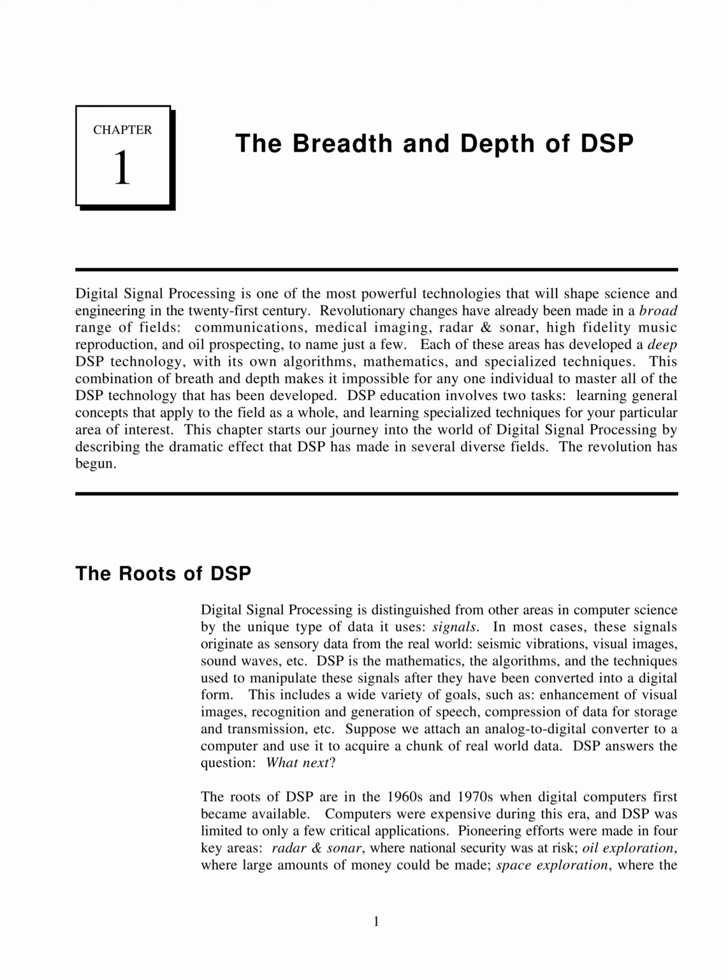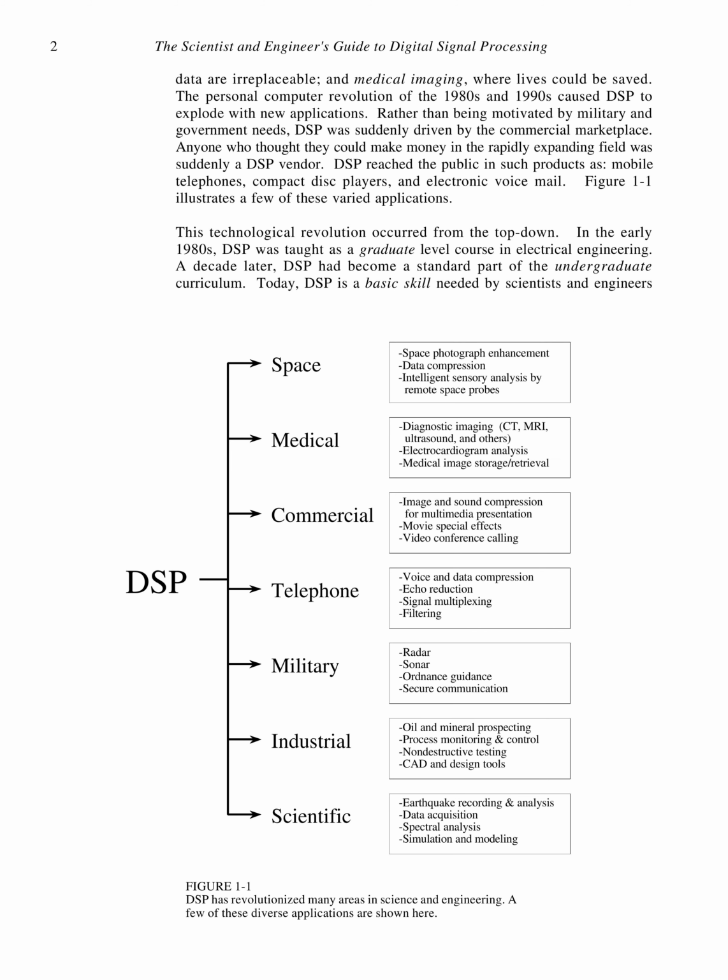The roots of DSP are in the 1960s and 1970s, when digital computers first became available. Computers were expensive during this era, and DSP was limited to only a few critical applications. Pioneering efforts were made in four key areas: radar and sonar, where national security was at risk; oil exploration, where large amounts of money could be made; space exploration, where the data are irreplaceable;